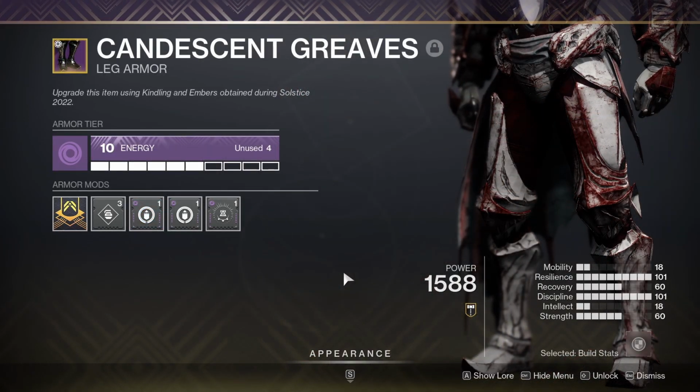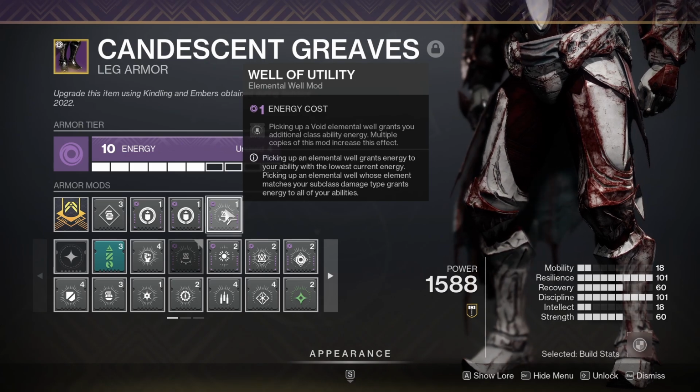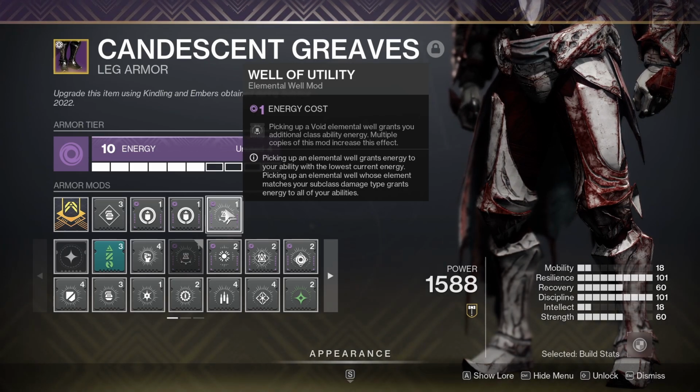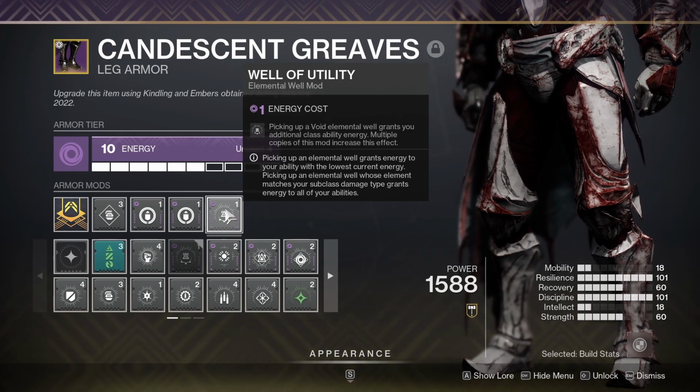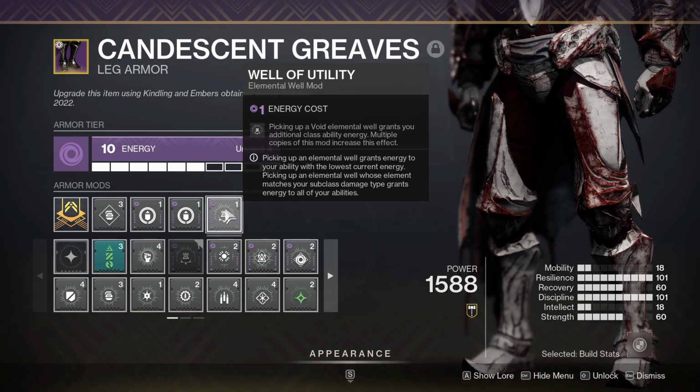Down to the boots, we are using Void Energy again, so that way we can use Well of Utility. Whenever we're picking up those 2 Void Wells that we spawn with Reaping Wellmaker, not only are we getting damage resist, but they're going to give us additional class ability energy. This is wonderful as it allows us to use our class ability again and spawn more Void Wells, which then grant us additional class ability energy, and then we just stay in that constant loop of thruster, kill,